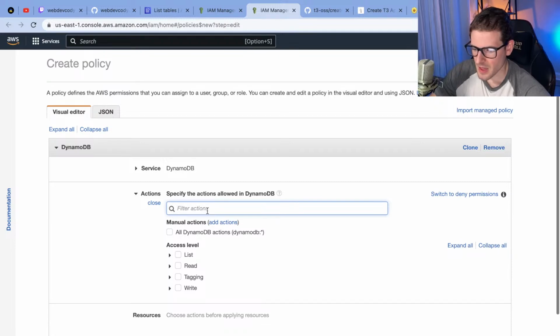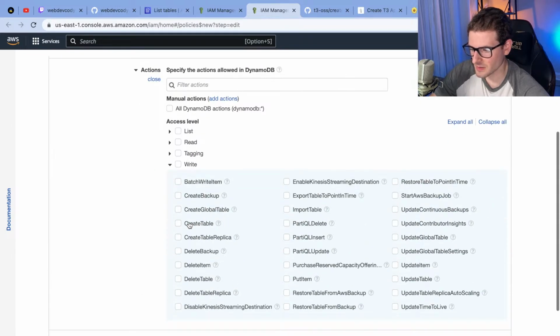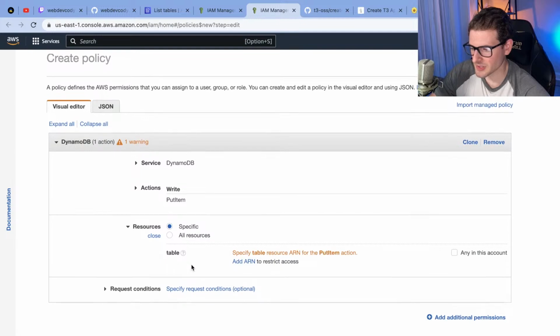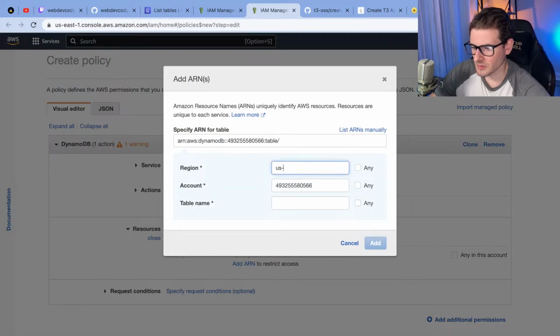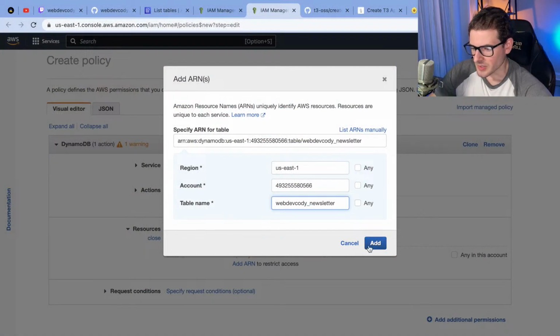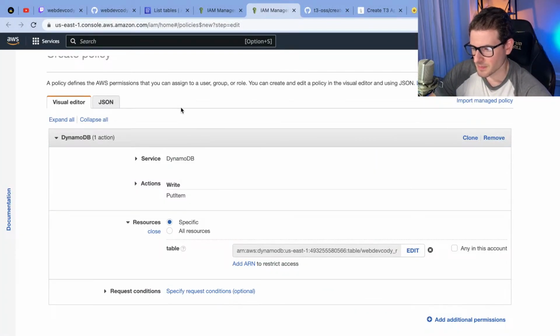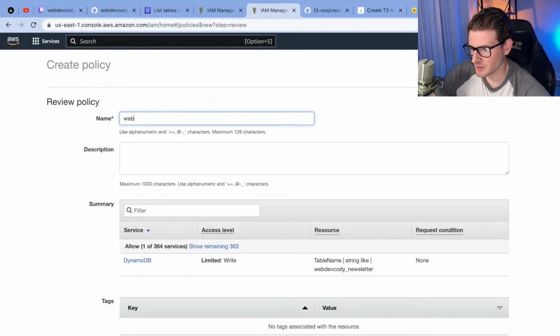In our case, I want to give this thing access to write, I'm going to say put item, to my table. That's the only thing I'm going to give access to right now. I'll come back later and give it query access. But for right now, I want it to only be able to hit the region us-east-1 with the table name Web Dev Junkie Newsletter. So when I create this policy, I should be able to attach it. I'll just call it that.